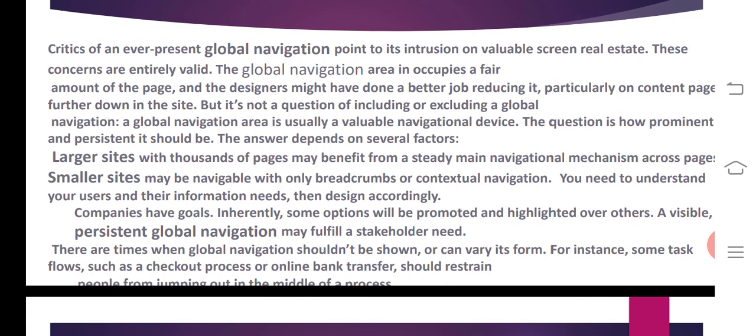A small site may need navigation with only breadcrumbs or contextual navigation. You need to understand your users and their information needs, then design accordingly. The company's goals also matter, as some options will be promoted and highlighted, so a visible, persistent global navigation may fulfill stakeholder needs or user needs.